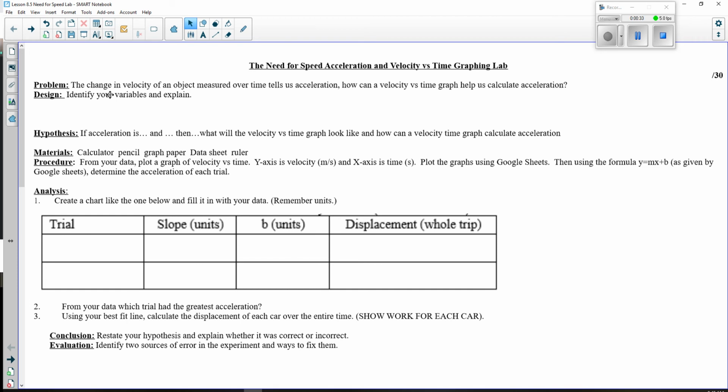Okay, so identifying our variables. Okay, guys, I went over the graphing labs. They were generally pretty good, but I still have a few people that are not doing everything they need to do to get full marks in the design part of their lab reports. What I mean by that is this. I still have people who are not explaining their variables, or they're not explaining them in enough detail. So for this one here, our variables are